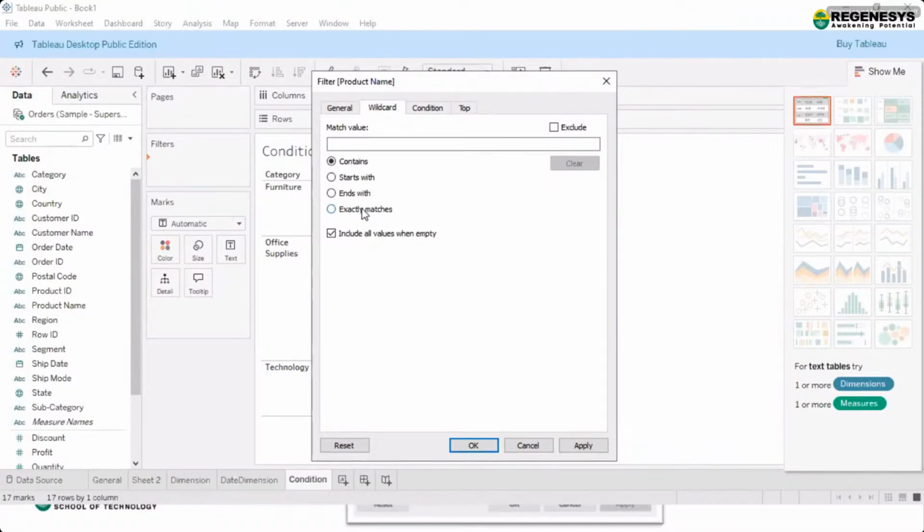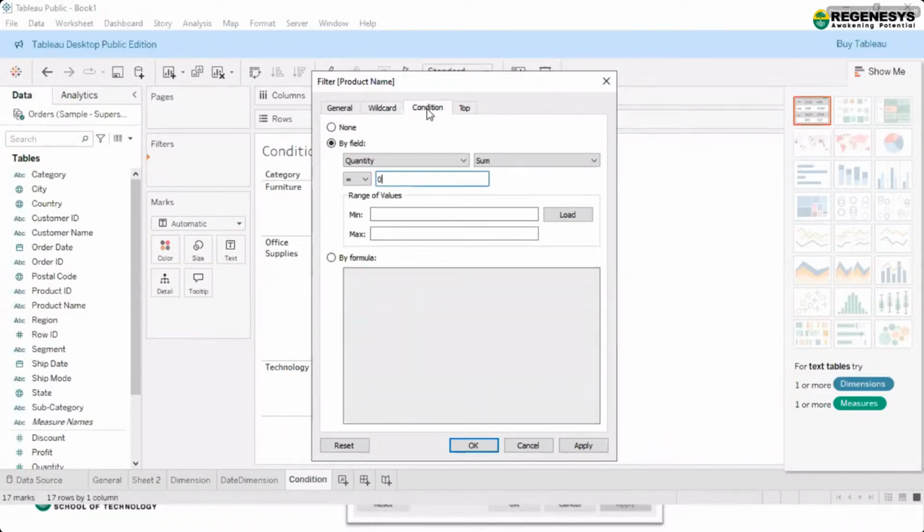But when do we use condition? When I have a condition, like taking out profit which is greater than 500, or years of experience greater than 5. So where to apply that condition? That condition will apply here.